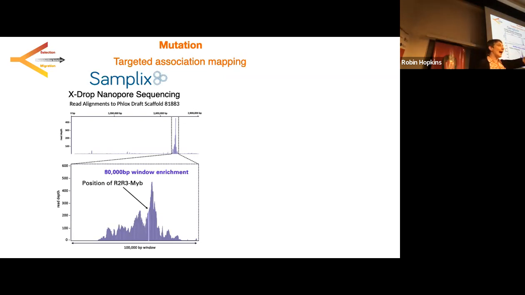We pull out or isolate any long strands of DNA that contain that probe, isolate them into little droplets, and then use long read sequencing to sequence those long strands of DNA. Using this method, we actually get about 80,000 base pairs of sequencing right around the coding region of our gene. So what we can do is now exactly what we dreamed of: zoom in and target this gene, but sequence around it far enough out that we're confident we would most likely get the signal of association with a causal mutation.